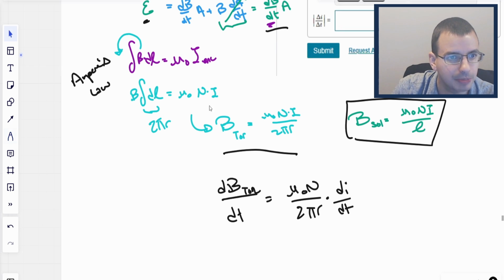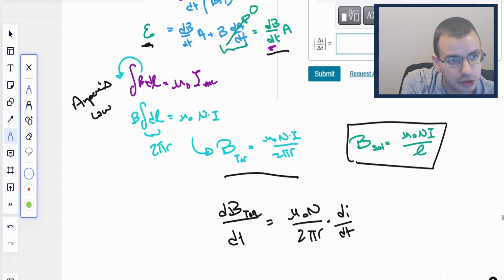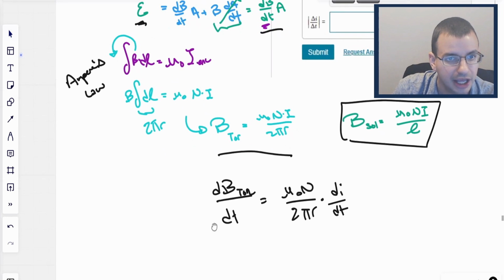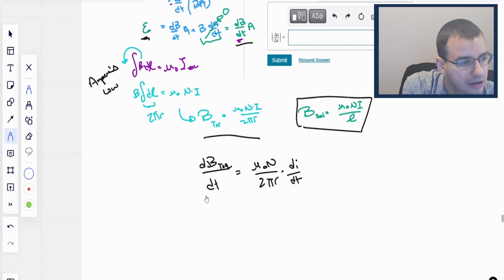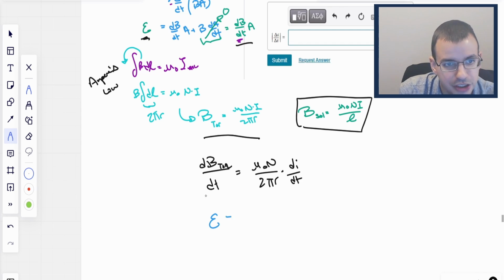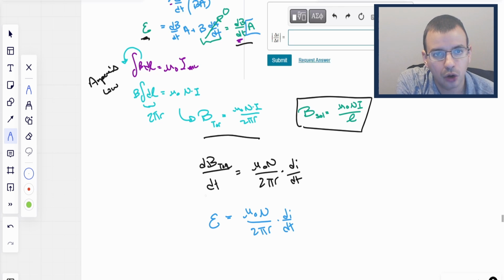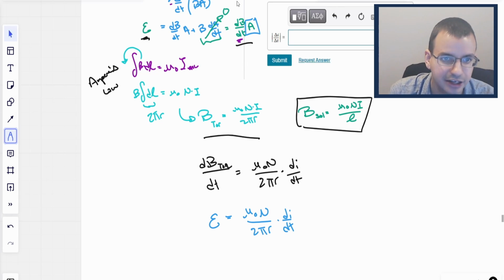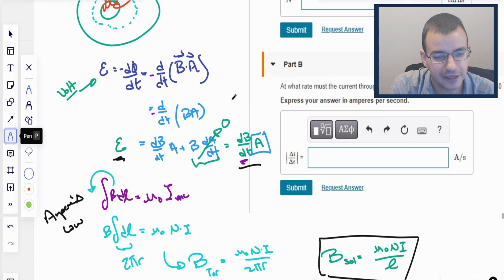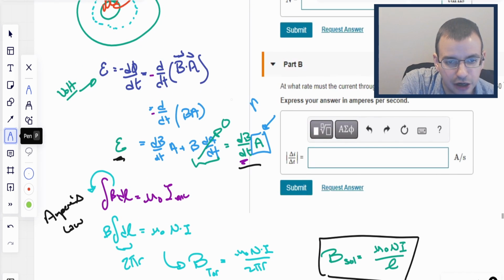And so now we're going to apply this to the equation we have up here. And so we're going to have the EMF, which is the same as voltage, equals dB dt, which is mu naught N over 2 pi r di dt times area. Now, one thing that I forgot to mention here, neglected, failed, was this is area total,